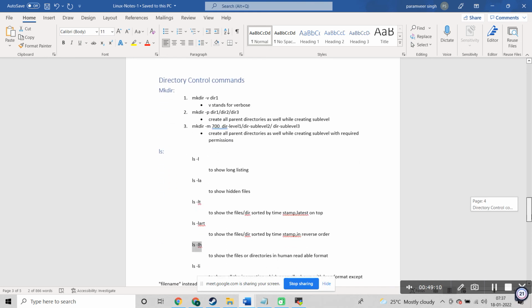Then you can create some folders, similar to the folders we create in Windows. Here we create them with the help of the mkdir command.